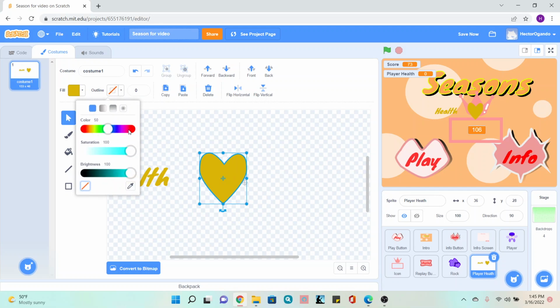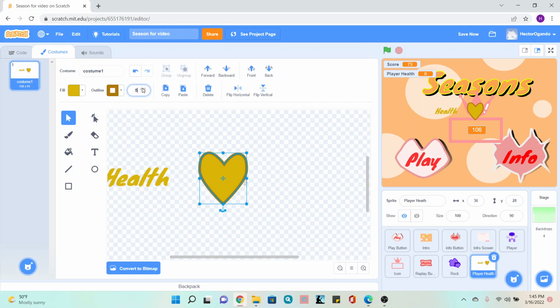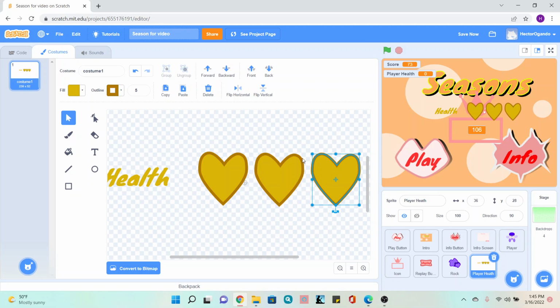If I wanted to as well, I can add an outline. That's perfectly fine. So I'm just going to go ahead and then make my thickness of my outline a little bit bigger. And now I'm just going to copy and paste this and move it over just so that I have three hearts. So I'm going to call this costume